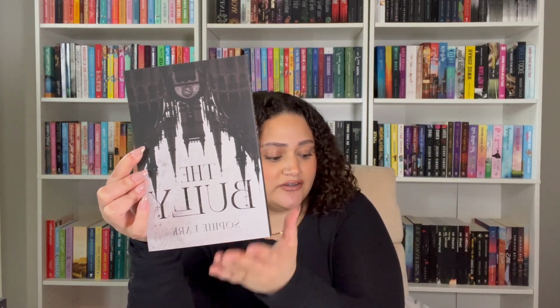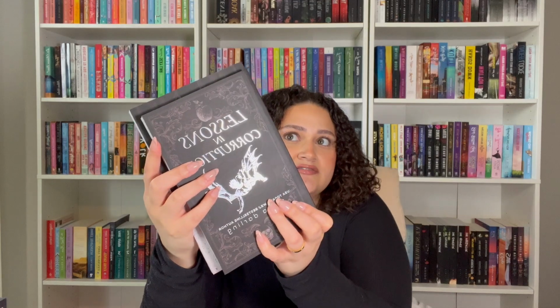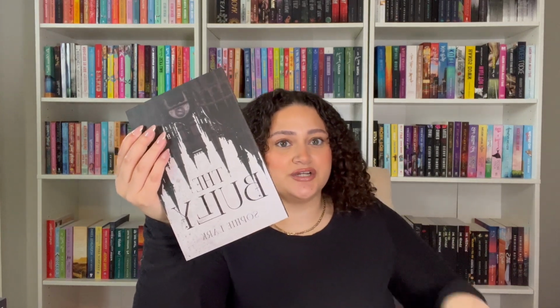And then the last one in the book box was The Bully by Sophie Lark. This one I really like as well, just the overall art. I just wish the sizing of the book was different, just because it's so tall and it won't match my other editions. Lessons in Corruption is kind of slim and tall as well. But as you can see, The Bully is just so much wider and so much taller. These are small, and these two are definitely smaller than Lessons in Corruption as well. So this overall sizing of the books, I think it's weird,